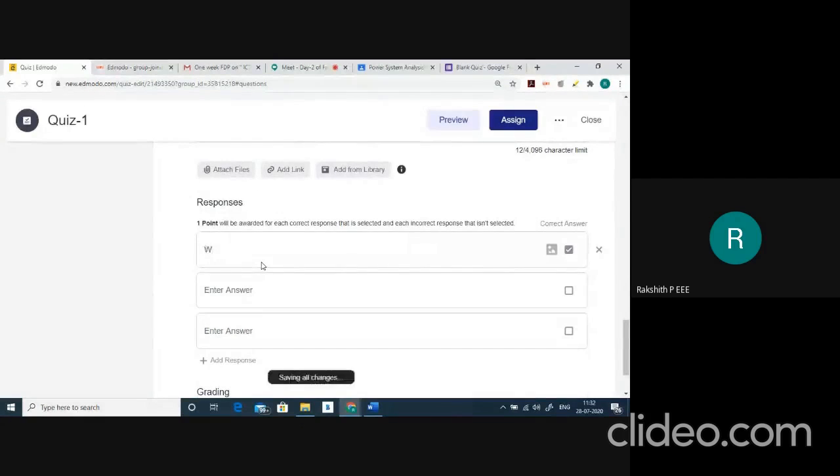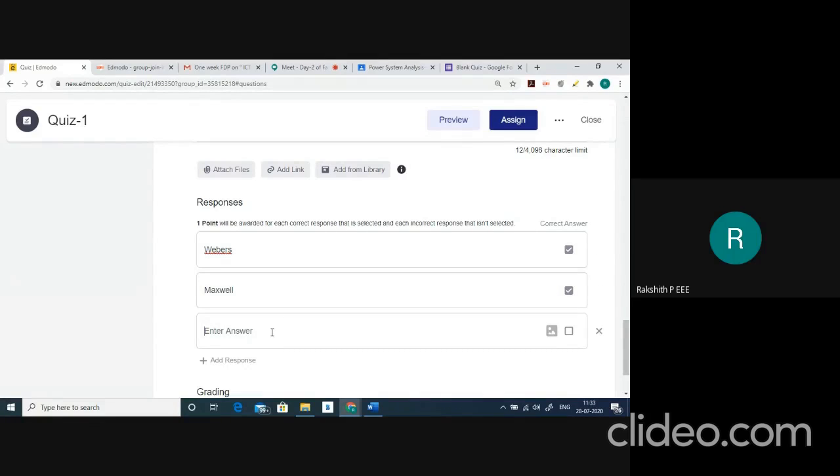One is Weber, the other one is Maxwell. So here, since there are multiple answers, you need to choose which answers are correct. Here, first two options are correct, so you need to choose them. Otherwise, it won't be displayed once you start the quiz.